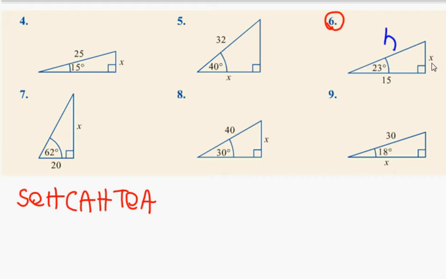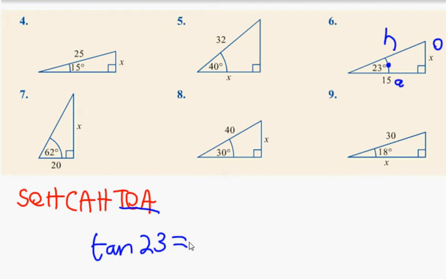What's the x, Aaron? The x is which side? Opposite, and the other one, the 15. 15 being the adjacent. Okay, so we have a couple of options there. So we know opposite. We have opposite and adjacent. So which two should we? What function should we use? Sorry, tan. Use tan. So tan of 23